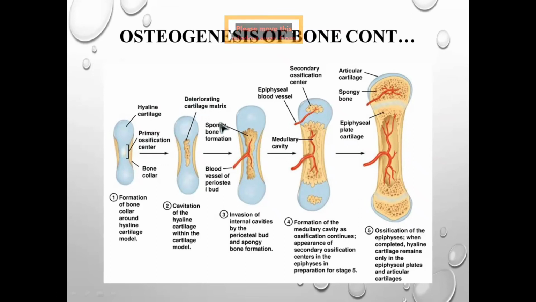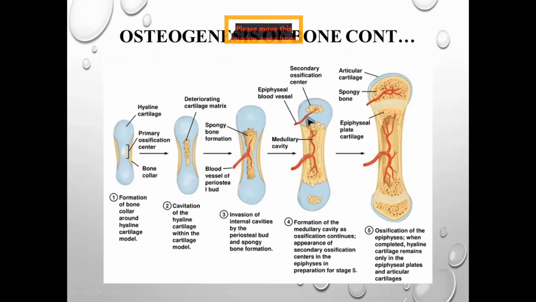Deterioration of the cartilage matrix. Then what happened? This deterioration will elongate, and blood vessels will be entering into that spongy bone formation, which we call cancellous bone. Then the medullary cavity. Now the cavity has been formed. The medullary canal will be formed where your bone matrix is going to be present, and here the epiphyseal blood vessels,